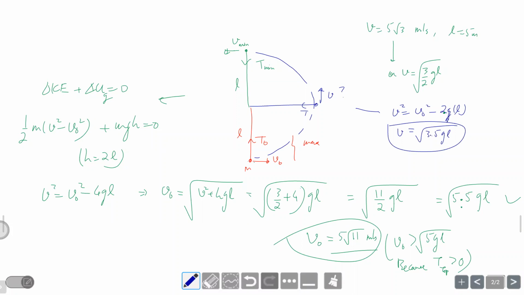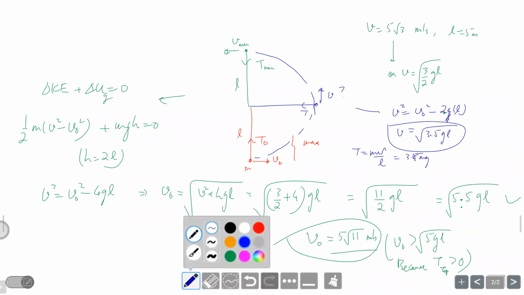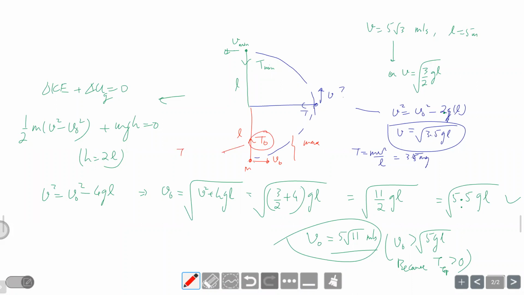And from here to another point, another 2gL is gone, so it will become 1.5. So it was 3.5 and again 1.5. Also at this point, what about the tension? The tension is purely centripetal and mg is tangential. So T at this point is equal to mv square by L. It's becoming 3.5 times the weight. We saw that at the bottom it was mv naught square by L plus mg, 6.5 times. So the tension is going from 6.5 mg to 3.5 mg to 0.5 mg to again 3.5 mg and again 6.5 mg. Assuming no air drag, that's the progression.